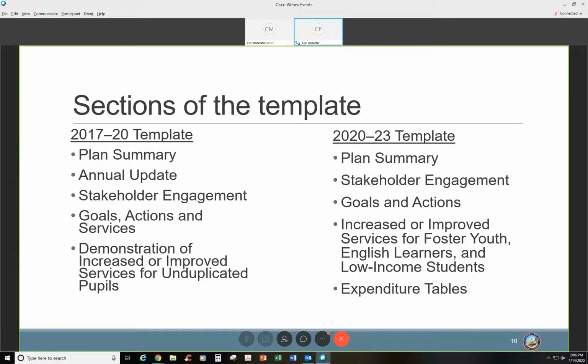So here's just a showing of a comparison of the 1720 template with the adopted 2023 template. You can see one section that's missing, if you will, is annual update, and that has, with the statute, really infused the annual update and the analysis aspect into the goals and actions section of the new template. And you'll see that the increase for improved services section has been renamed really to call out